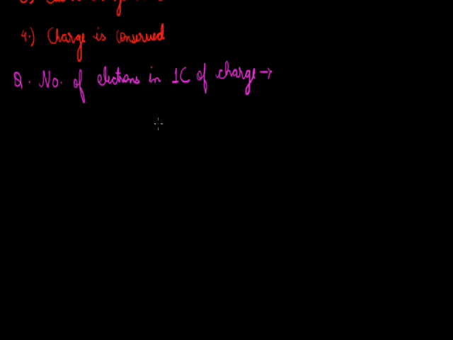In properties, we have discussed that Q, that is charge, is equal to Ne. Here, Q is equal to 1 coulomb, while e is equal to 1.6 into 10 to the power minus 19 coulomb. On substituting these values in the above formula, we get 1 equal to